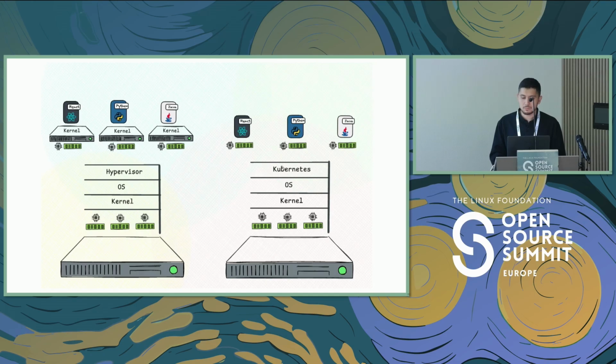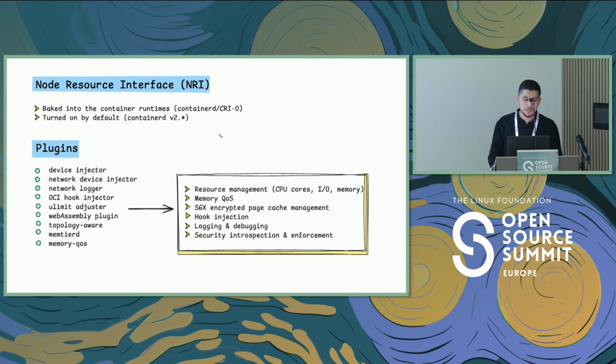So what is that magic thing that runs on top of Kubernetes that can help us partition our server without a hypervisor? And one more thing, a disclaimer: we're not trying to compare virtualization versus whatever I'm going to present. It is just that there are different ways of partitioning machines or servers. For understanding how we can partition our server for the Kubernetes workload, or for any workload that runs through container runtimes like containerd or CRI-O, we need